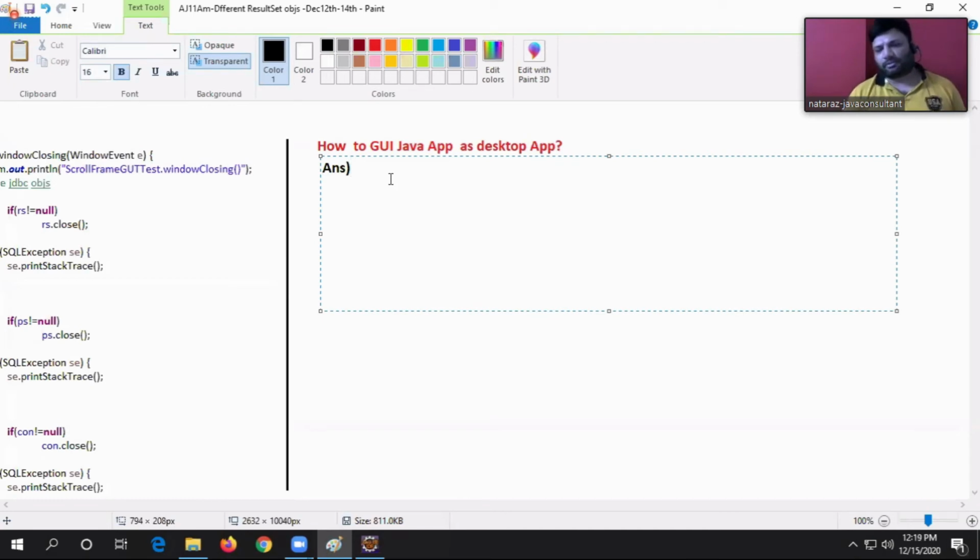Use the javaw tool, Java for Windows, for this operation.